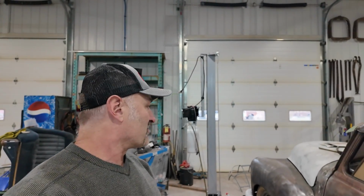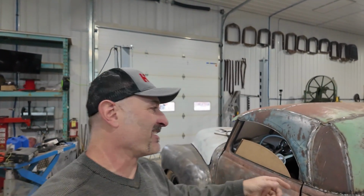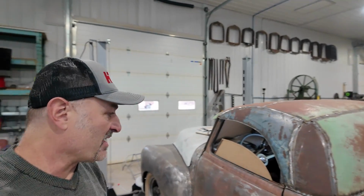So I don't know what to say. I really wanted to do the Carson top, but I don't know. This doesn't bother me. This just kind of gets the shape I want. If I need it lighter, I could just cut out holes and everything else and then still do the chicken wire, but it's not that heavy. At least I don't think so. I'm not using like a heavy gauge steel. Well, maybe it is. I don't know. Maybe I'm just thinking things are lighter than they are. I have no idea, but